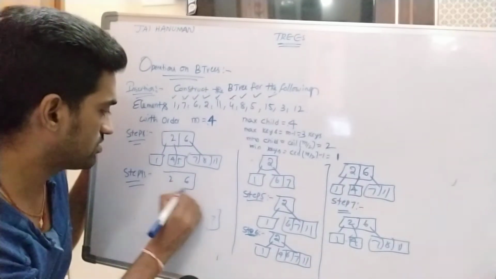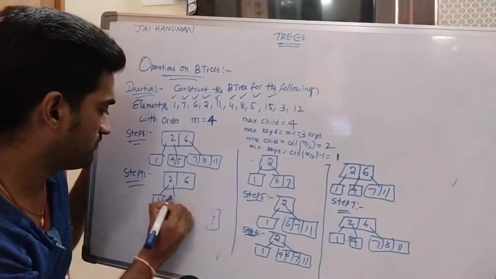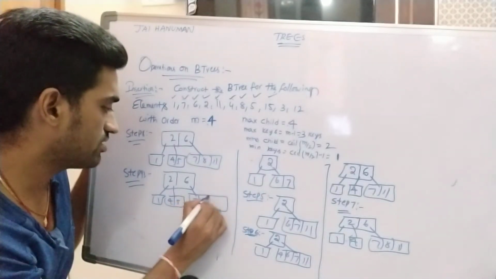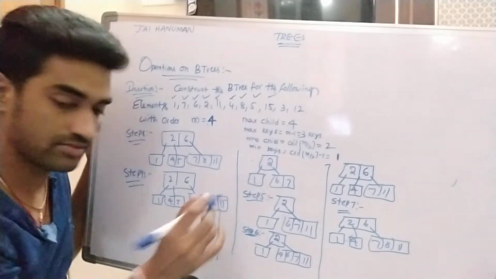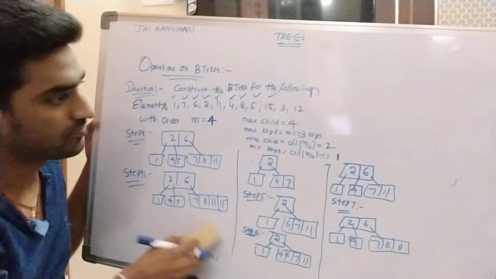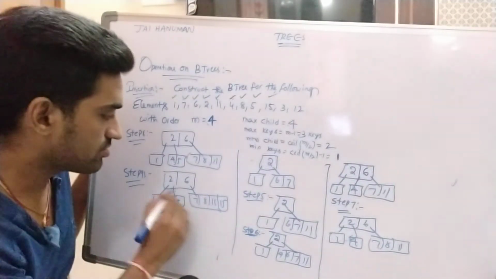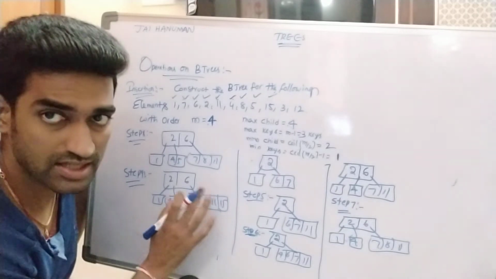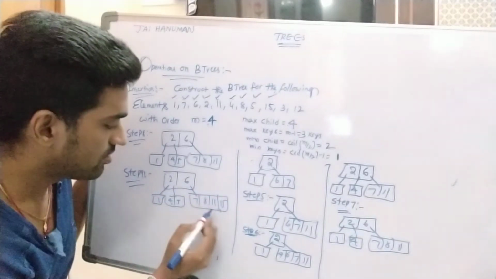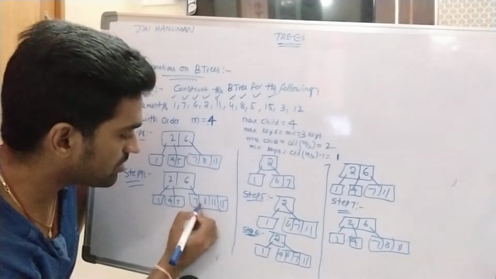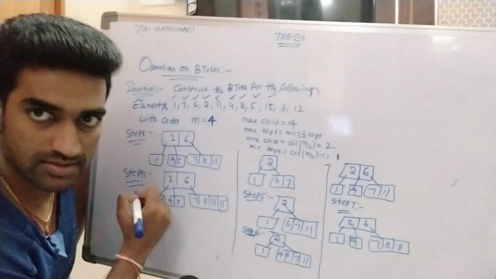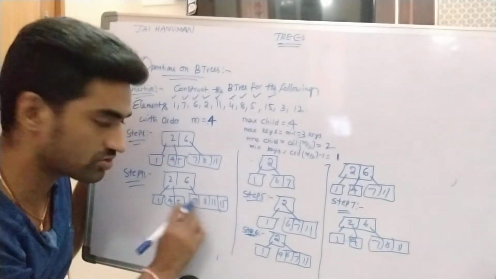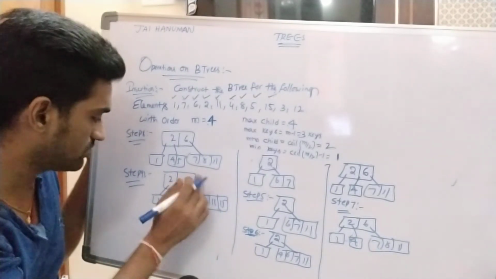2, 6, 1, 4, 5, 7, 8, 11, 15. Fine. So this is not a fourth order B tree. Why? Because this node contains 4 key values, but maximum keys are 3 keys for fourth order B tree. Right? So here now middle element becomes root node for these children. Right? So here I am taking left bias. So that's why 8 is the root node for these 2 children. Right? So this is moved to next.